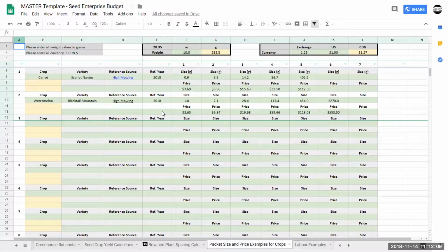And then here we started a list of, if you're trying to price your stuff in the beginning, what is the value of carrot seed or watermelon seed? And we started a few here looking at the prices at High Mowing. So if you're doing some estimates in the beginning, you're using reasonable prices, so you're not underpricing or overpricing yourself. And in doing this with someone like with the contracts or with the BC Eco Seed Co-op, you would have a set price already. So you would know very specifically what the price would be for that crop.